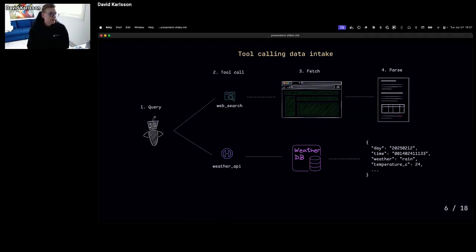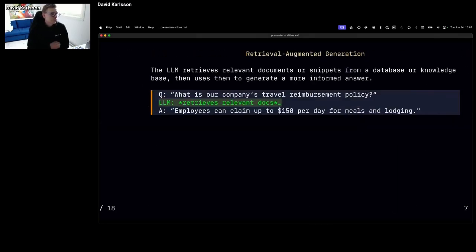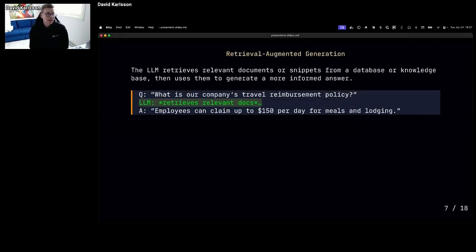So that's one way to get external data into a system like this. Another way is RAG, or retrieval augmented generation. I'm going to say RAG from now on because I think the long form is difficult to say. But RAG is basically, rather than the model going out and autonomously fetching something using a tool call, you set up the knowledge sources that you want the model to be able to use